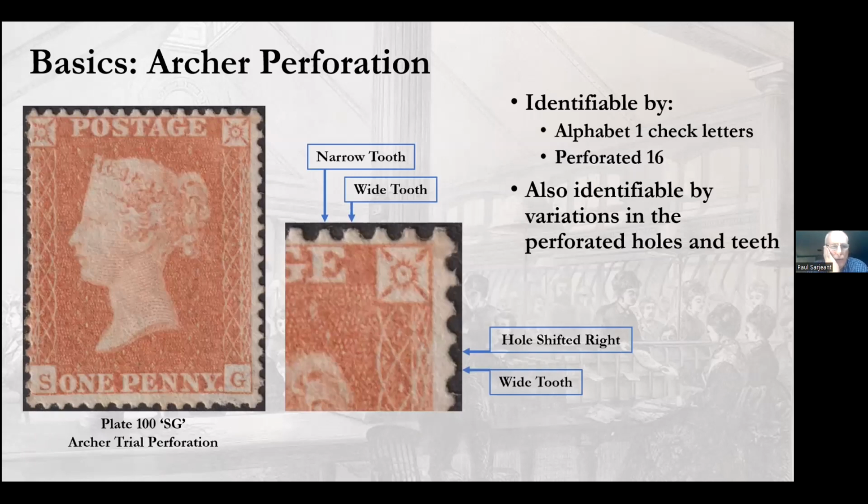The Archer perforations were interesting, and to me, one of the most fascinating things is how well this worked. This guy came up with this crazy idea of using tiny pins to punch holes in sheets of stamps at high speed, and it actually worked really well. The quality of the perforations in the Archer, which date back to 1850, if you compare it to the early perforated stamps of some other countries, it's remarkable how good these perforations are. Now, presumably, ones that were not so good were probably thrown out and not issued, but notwithstanding,